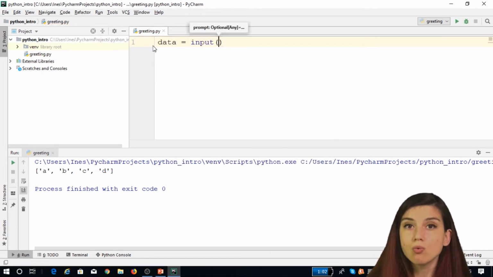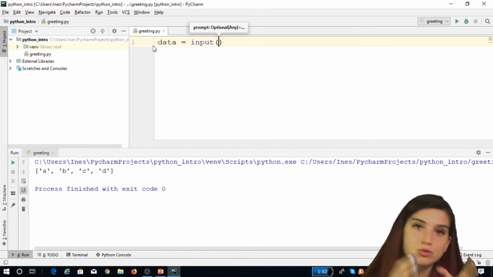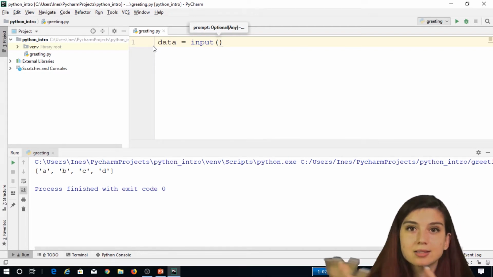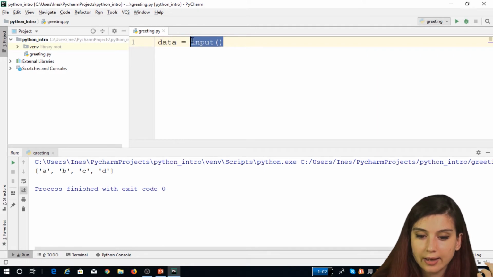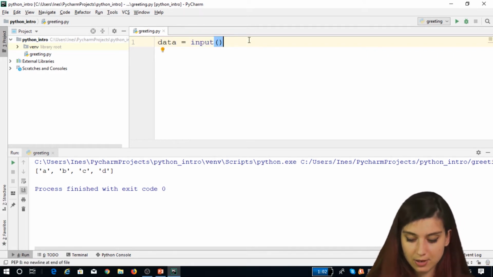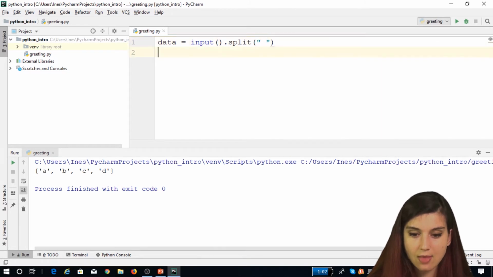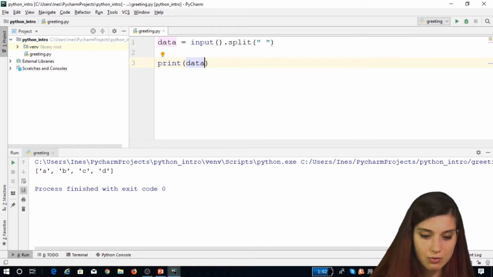We all know that the input function returns a string, right? So I can say to the string dot split, and here I can do the very same thing, and I will set it to split by space, and after that I will print the data. And if I start right now